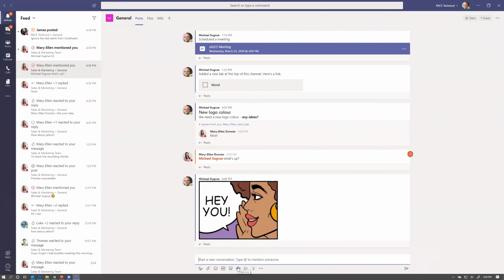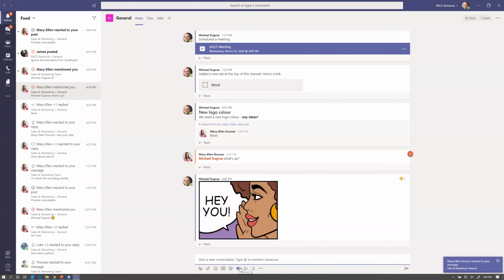The other thing you can do within channels and the messaging feature of channels is start a meeting, as well as access Microsoft Stream. We're going to look at meetings in just a minute. So the next thing I wanted to show you, we're going to come back to channels in just a second, but just wanted to show you chat and the differences between the messaging in Teams and channels and chat.